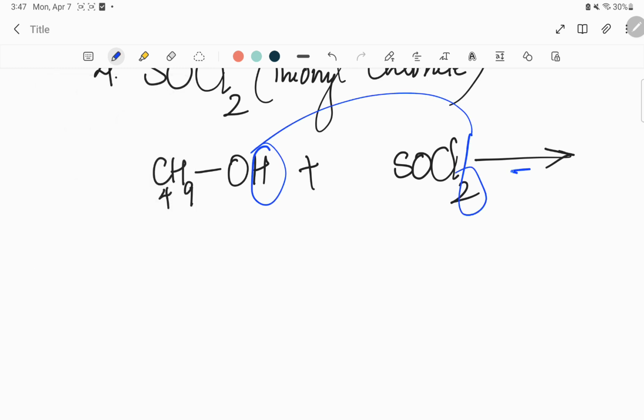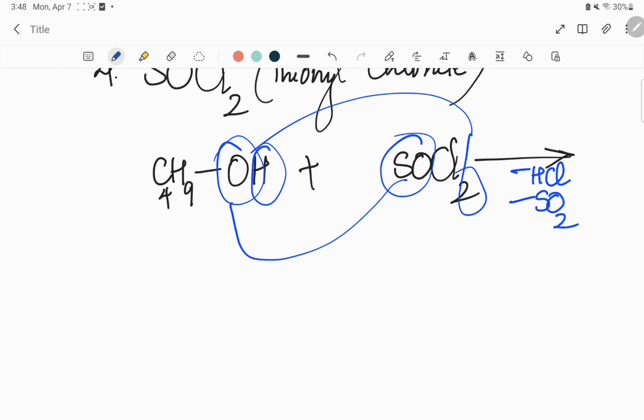So one of the chlorine atoms will react with the hydrogen and HCl will be produced. The oxygen will join with the SO group and as a result you will get SO2, sulfur dioxide. Then in the thionyl chloride there is one chlorine remaining and this will join with the butyl substituent and you will be getting